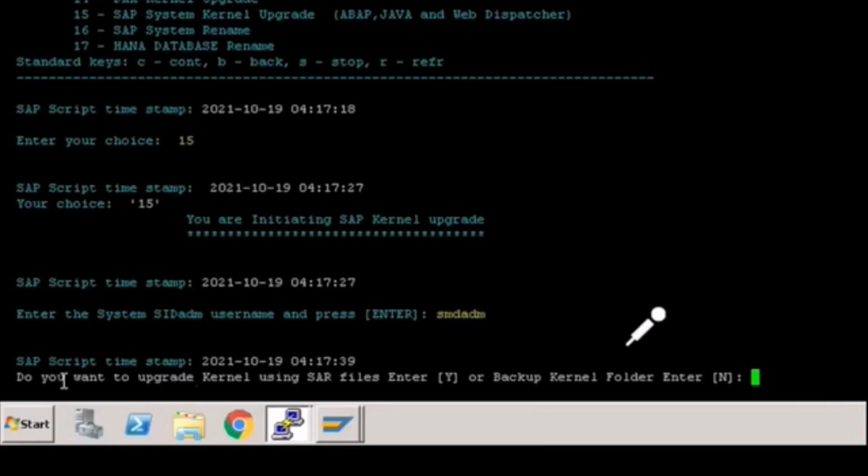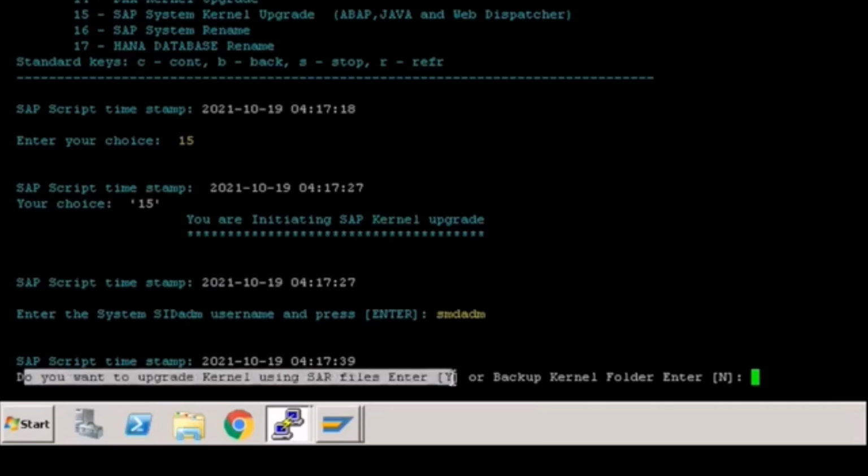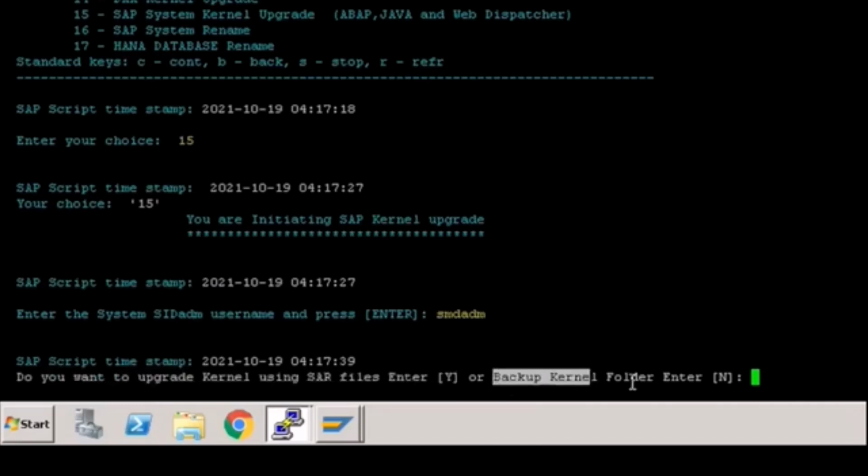If you want to upgrade the kernel with SAR files, select S, and if you want to upgrade with the backup folder where you have extracted all the SAR files, you can select no. But here we will use the SAR files. Select S and hit Enter.